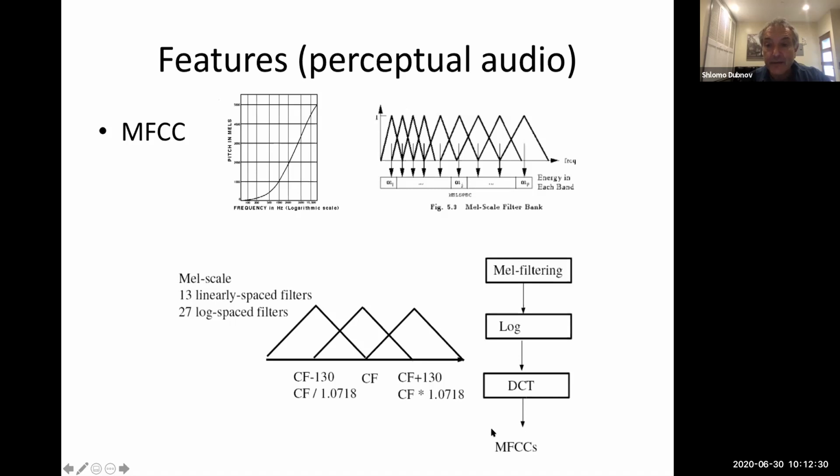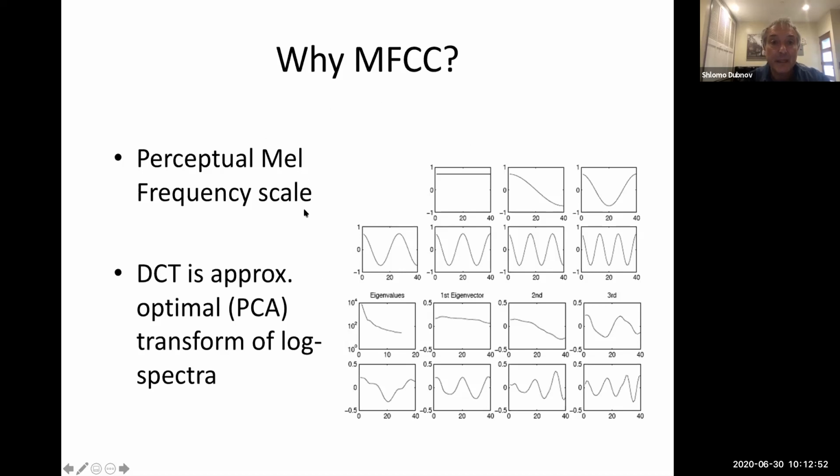So the idea is that after you do this trick, you separate the idea of pitch from the overall timbre, and we'll have to show why it happens, and we won't do this today. But there is another justification, which is interesting in the sense that you can think about MFCC as doing two things. We said perceptual Mel frequency scale, but then if you look at what are the basic frequencies that Mel captures, what are the basic waveforms, we can see that